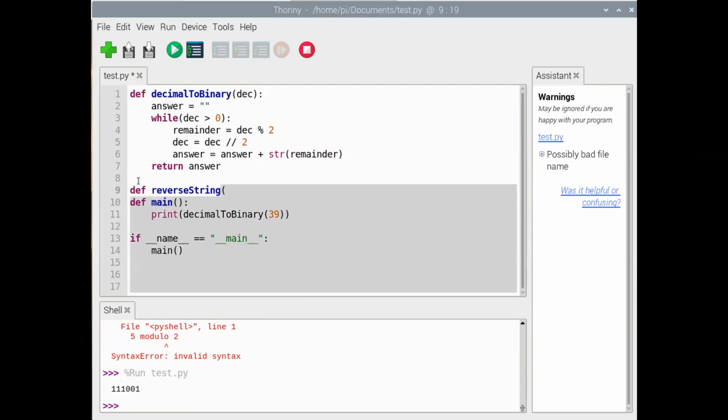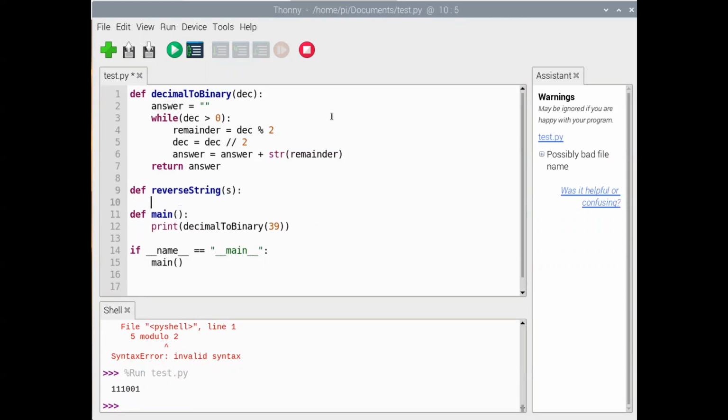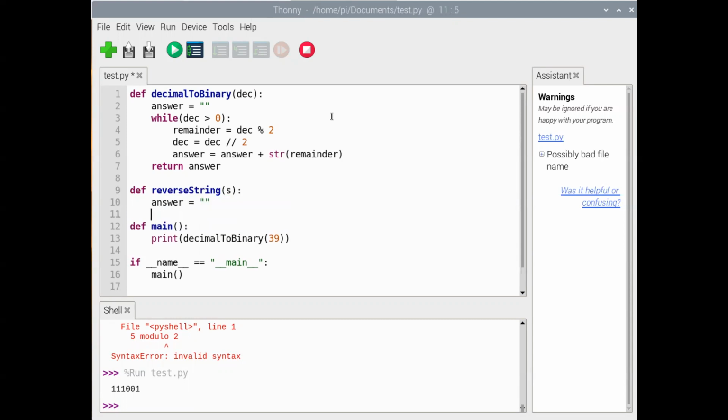I think there actually is a reverse string that already exists, but we're going to pretend like we don't know that. We have a reverse string method. It's going to take a string as a parameter, and we're going to build up a new string that is that string in reverse. So I'll just name my answer again, answer, just giving it a variable name. And I'm going to walk through that string backwards. So I'm going to say for i in range,